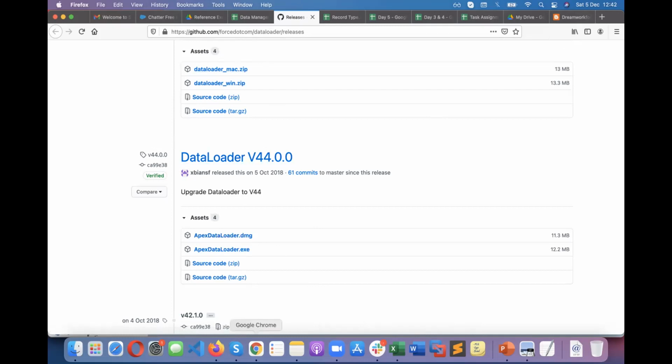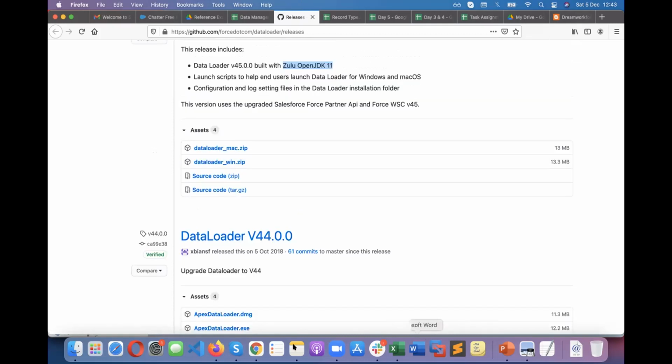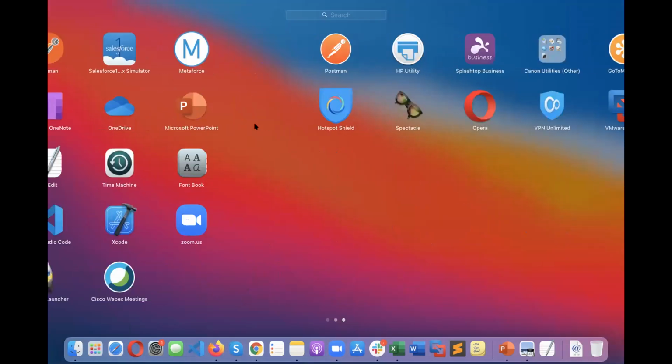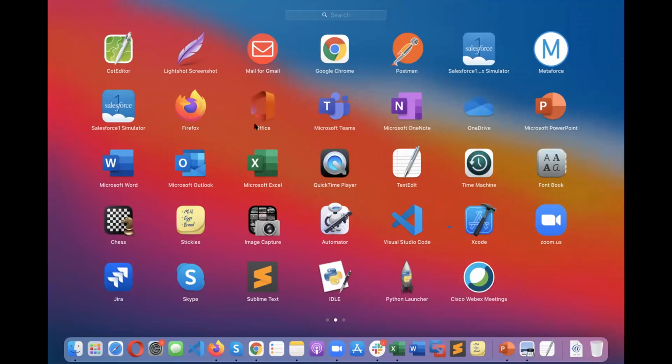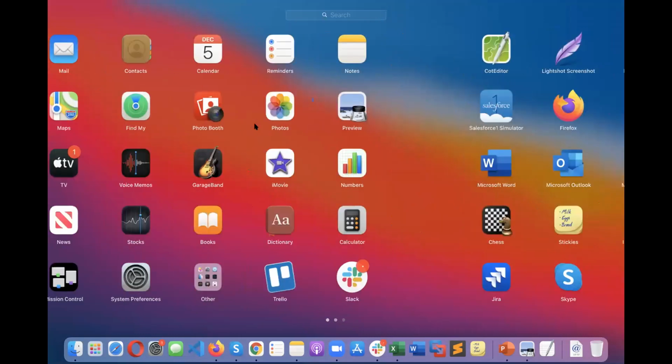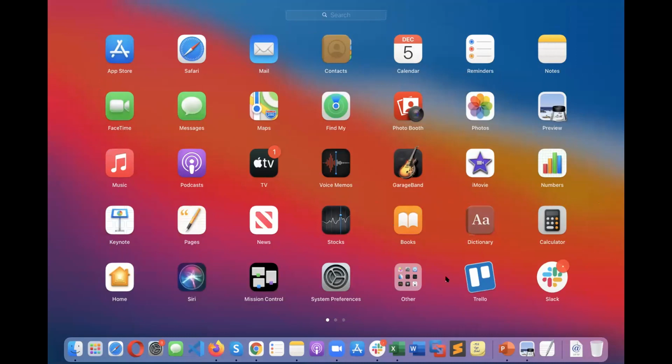Let me show you one of my Windows systems, because this is a Mac. The data loader is not working on the Mac. I installed it, but it's not working. So where is the data loader one? Okay, I have it on my Windows machine, so I will show you.